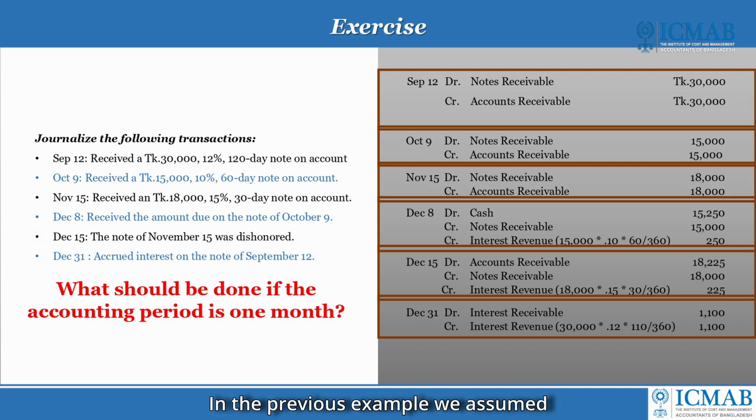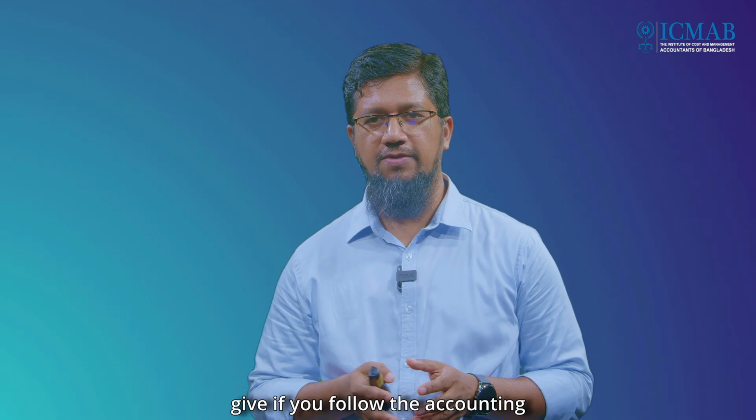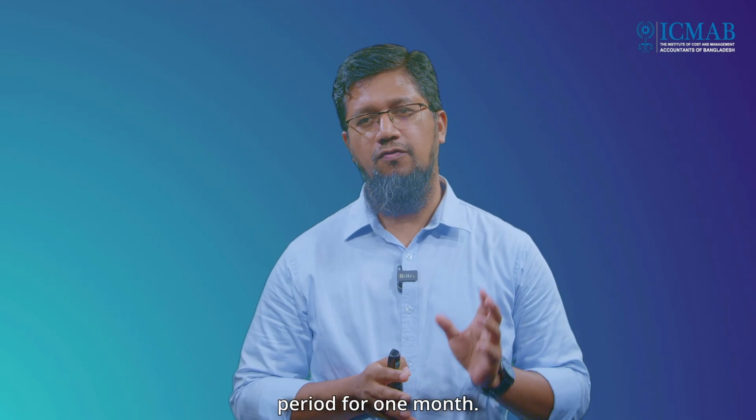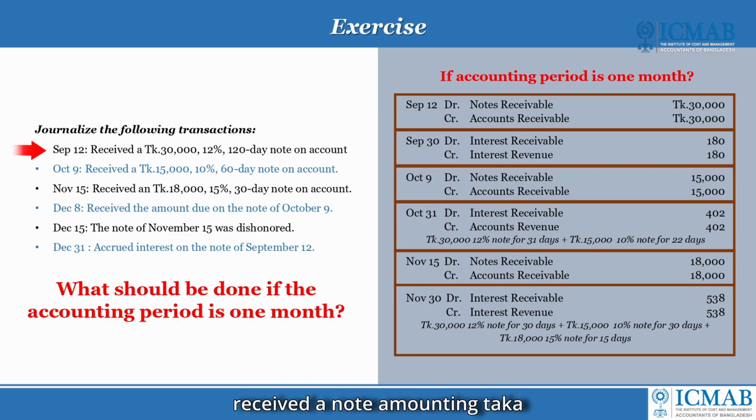In the previous example, we assumed that the accounting period was for 1 year. But now if we assume that the accounting period is for 1 month, then you have to give the adjustment regarding the interest revenue at the end of each month. Here I am going to explain the adjusting entry that you have to give if you follow the accounting period for 1 month. Suppose on September 12th you have received a note amounting taka 30,000 at 12% 120 days on